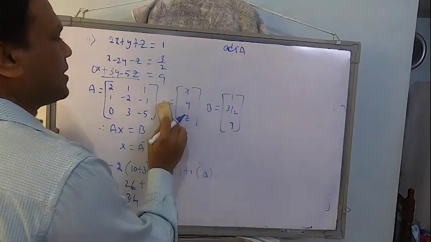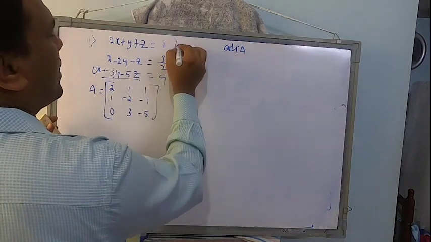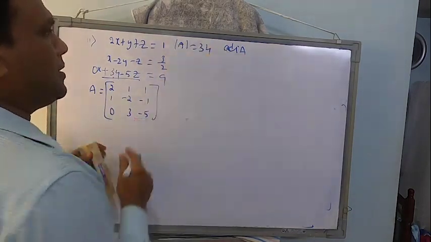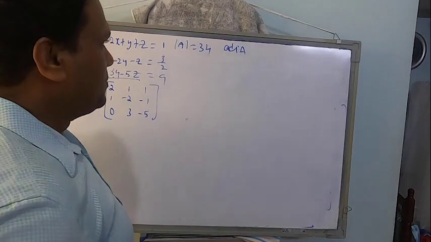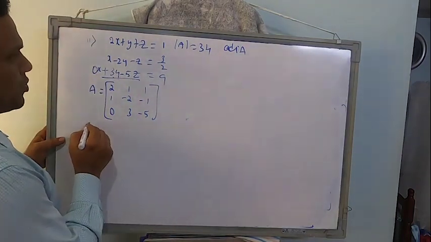It's a 3 cross 3. I cannot go and do it directly. First thing I should find out. So let me just note down the value what I got here. Determinant is 34. So I should find out the adjoint, but not directly. So from where will it start? So I'm going to start from